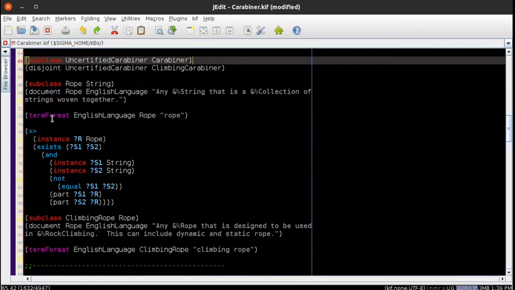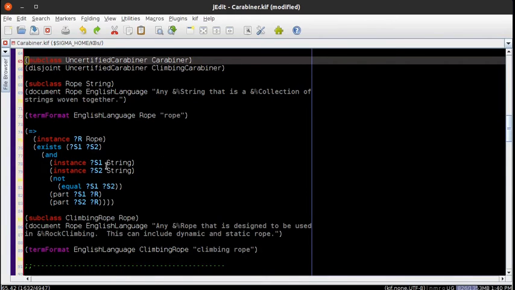I gave it a term format, the pretty printable English string for rope, which here is just lowercase "rope", and an axiom. We can read this as saying if we have an instance of rope, then there are two instances of string. They're not equal. This is important in logic. You have to specifically say that two instances are not equal. If you don't say that explicitly, then it could be there's an instance of string and then another instance of string that's actually the same string. So you have to be very specific here and say that they're different.